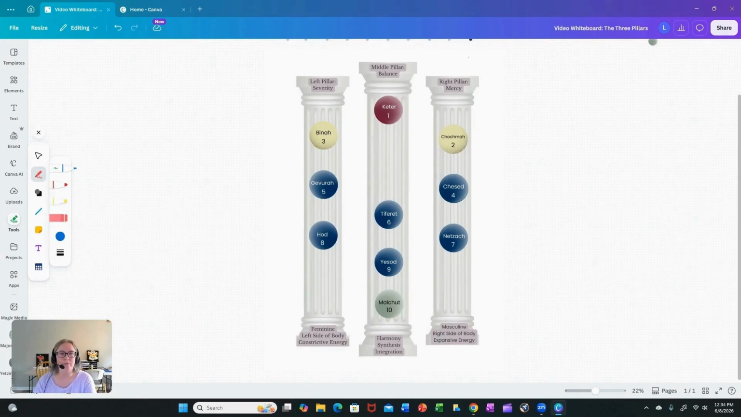So the right pillar, which is here, is technically called the pillar of mercy. They have traditional names. The pillar of mercy is the right pillar. The pillar of severity is the left. The pillar of balance is the middle. I just call them left, right, and middle. And there's one key word. That's all you have to know to get going. And that is down here,